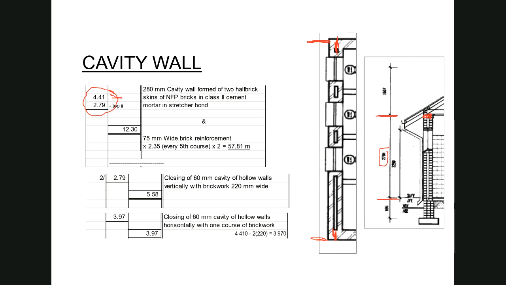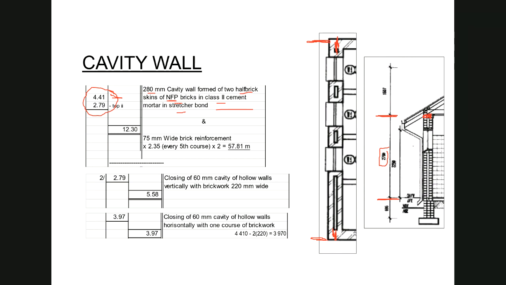Now, as for the cavity in the foundations, our description is exactly the same, except that now we don't need to state that it is in superstructure. The superstructure is the default position, so we merely state the overall cavity wall, the two hot skins, the type of brickwork, the cement mortar mix, and the stretcher bond. And now we are in superstructure, so now we are using NFP bricks and not NFX bricks any longer. Okay, then the brick reinforcement,